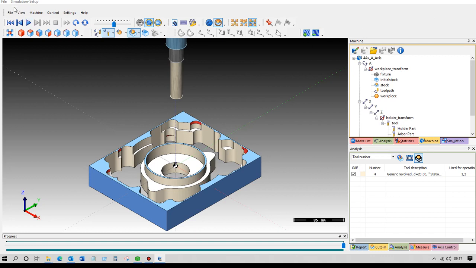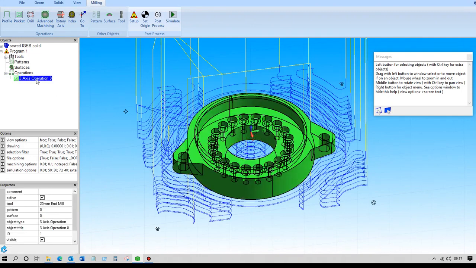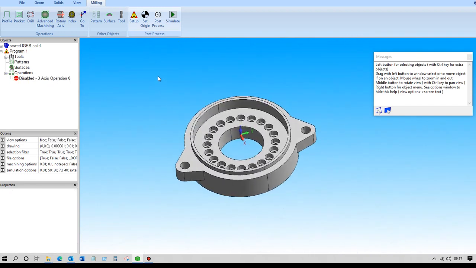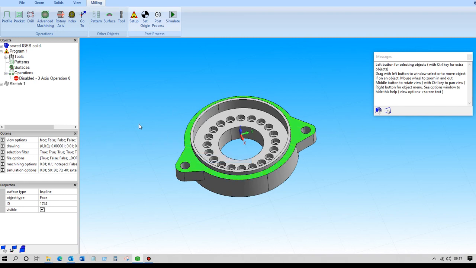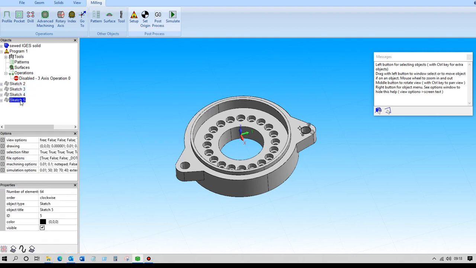Okay, so that's produced the roughing toolpath, and now if we want to, we can just switch that off so that we don't see it, and then we can do some finishing operations. So let's suppose we want to finish around the outside of there. We right click the mouse and say pick faces, and then we create sketches of that. So that's a 2D sketch, which is the outside and inside of that shape. So if we split that up so that we've just got a sketch which is that outside shape,